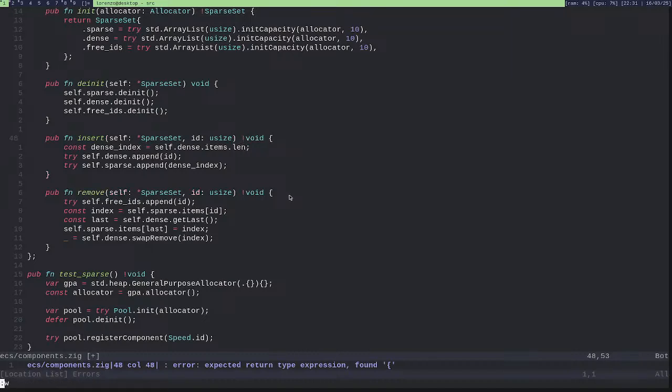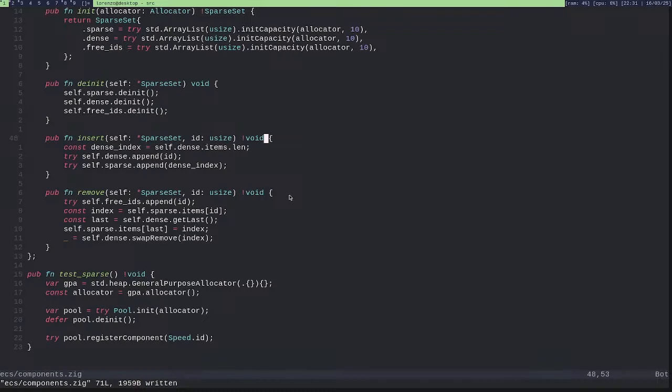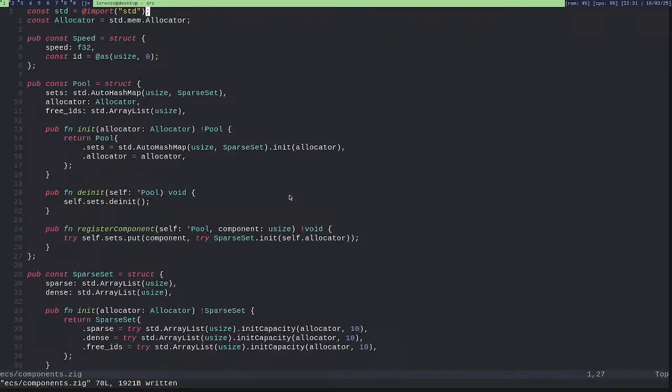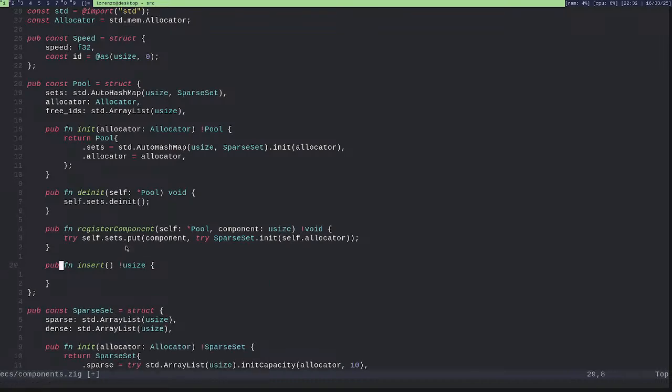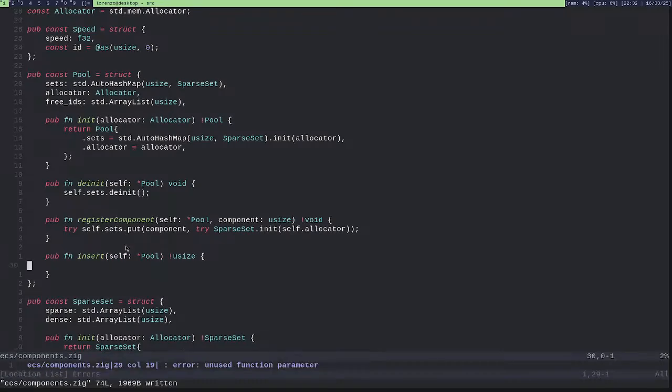Okay. And I will move the logic for removing and adding stuff here in the pool. Public function insert, which will return usize and get pool. Okay.